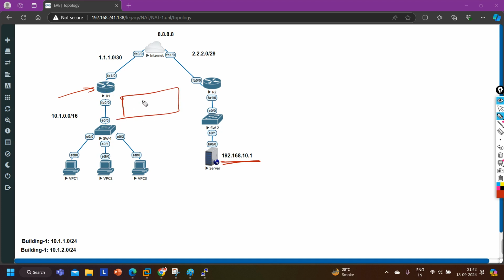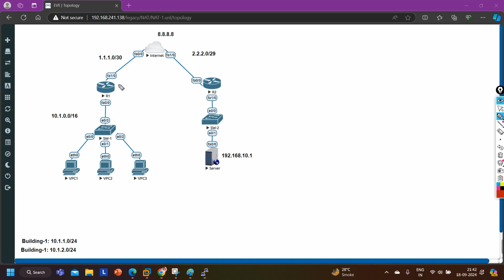If there is a route for this network with an exit interface, then it will not use the default route. And if ip nat outside is not running on that interface, then it will not perform the translation. It will not translate the source.